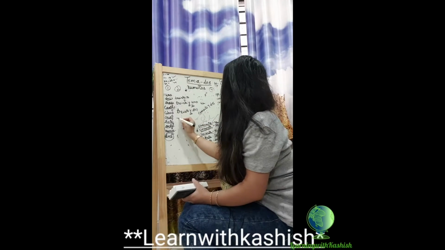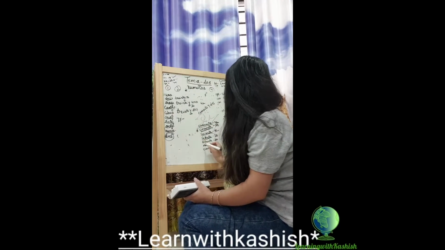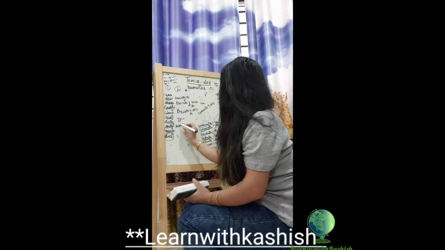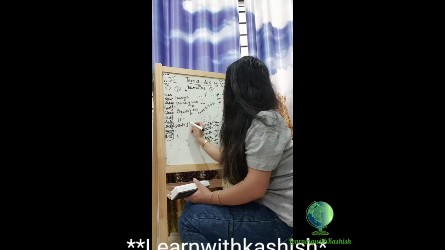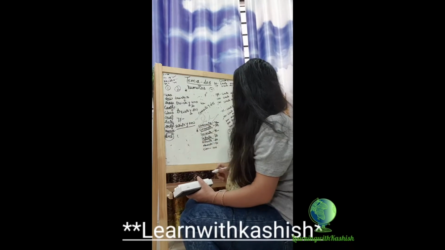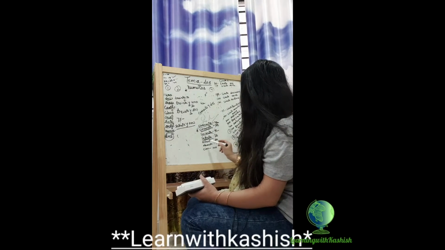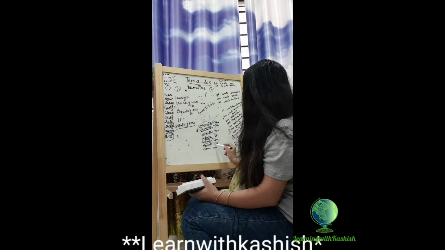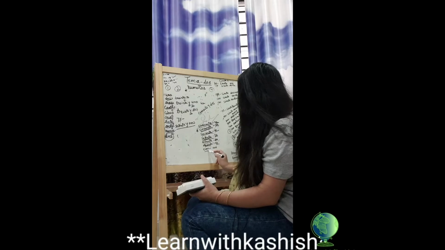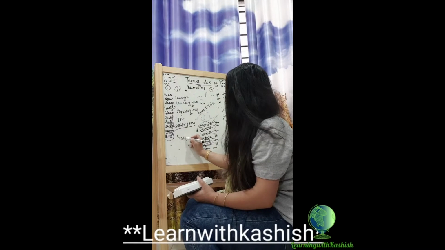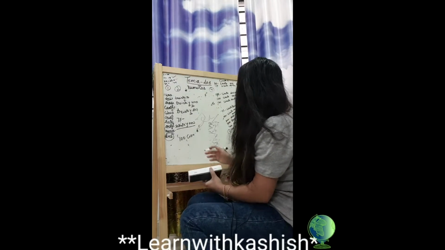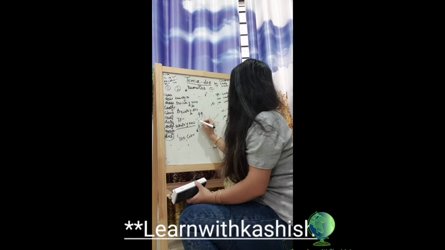Can you tell me how we write 73? If we want to write 73, this is setenta, 70, and Y, 3 is tres, 73. So, similarly, you will write like that, 80, ochenta, 90, noventa and 100 is cien. Okay. So, if we want to write 99, how do we write?